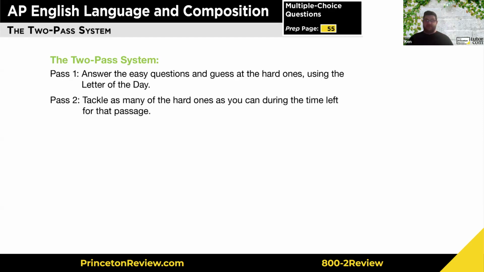So let me give an example of this. For AP Lit, you have 5 passages in an hour. It means you have 12 minutes per passage. In those 12 minutes, you should jump around in one passage and do all the easies. Everything that's hard, throw in the letter A. Once you've seen all the questions in that passage, then you're going to return to everything you lettered, and now you're going to try to actually do the problem and update your answer.